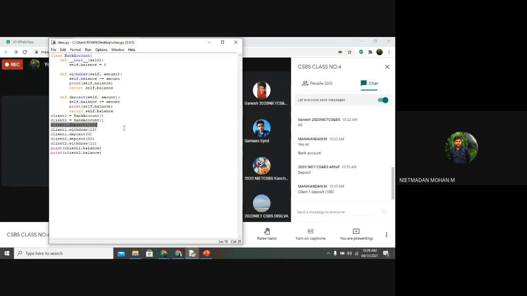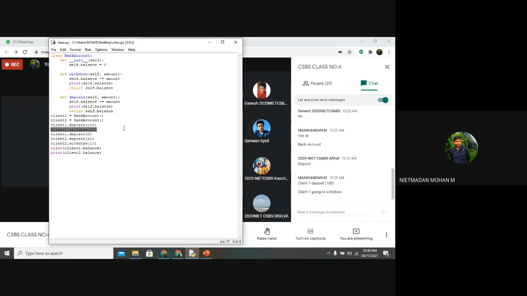And what am I doing in the next line? Withdraw 10 rupees. Yes. So client 1 is going to withdraw from the account, whatever amount has been deposited.